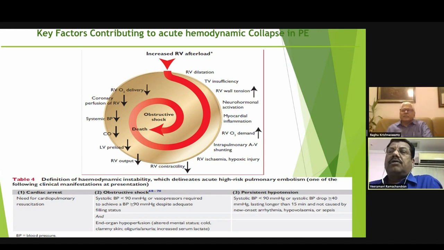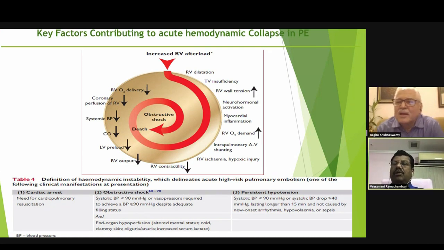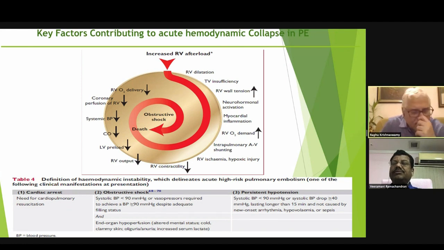So the carpulmonary sign in echo. Sorry, sir? Carpulmonary sign in echo. In echo, how will you assess the carpulmonary? Now, one of the most difficult things in echo is to differentiate carpulmonary from CT pulmonary thromboembolism. Now, I really don't know what the carpulmonary sign is asking me. If you are in a position to answer, Dr. Veeramani, please help me out.